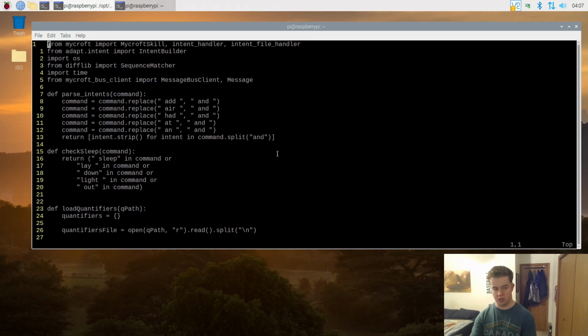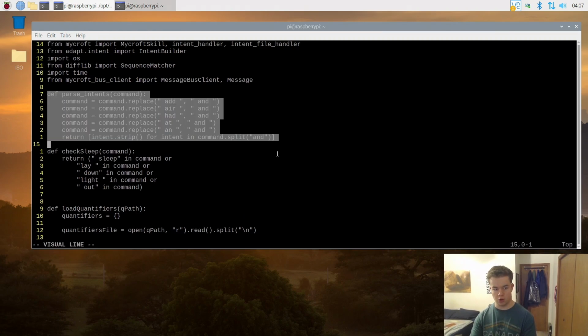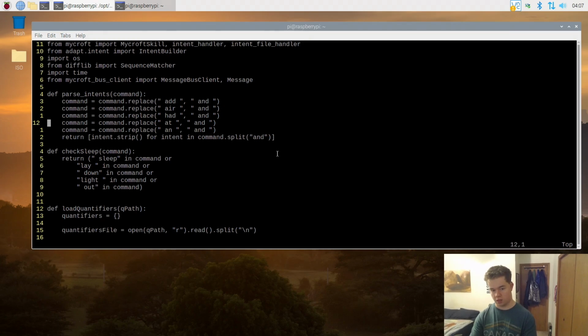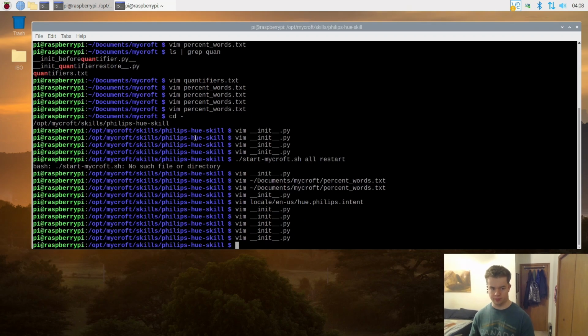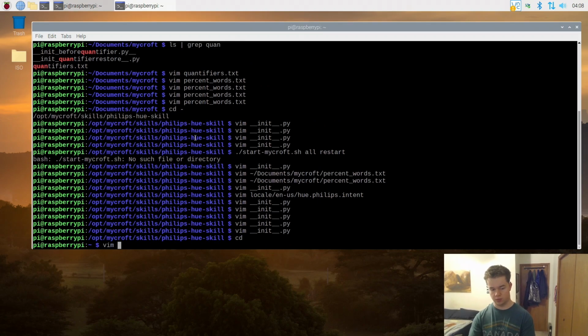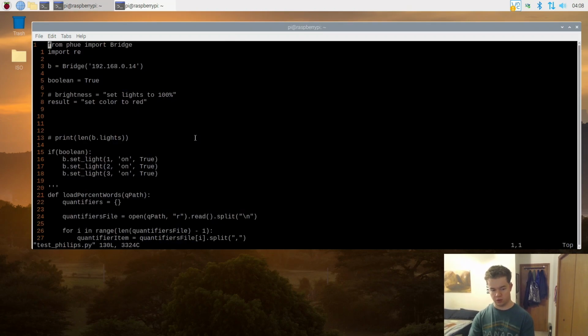You can see here I have this parse intents. So I could use the word and. Then I have a bunch of and separators, and that works pretty well. So I'm gonna want that function right there. Yeah, why don't we start out writing it inside of here. So on test Philips,